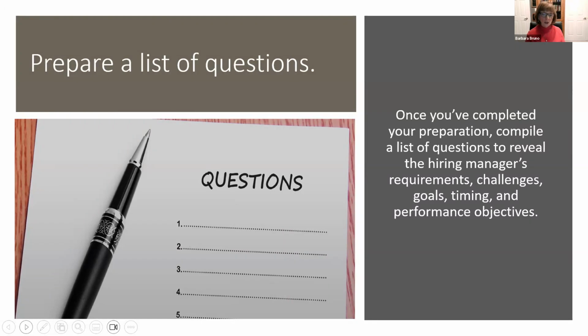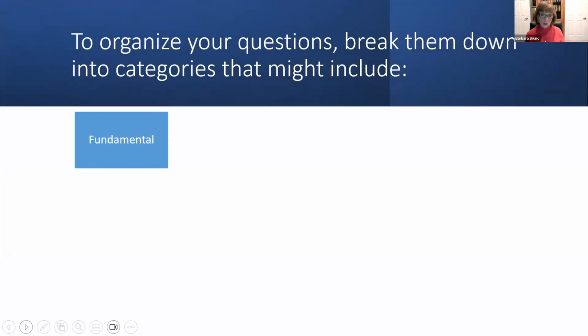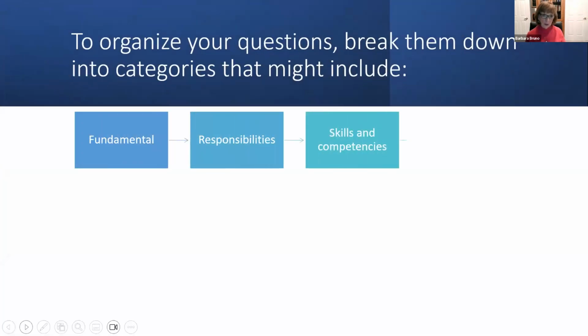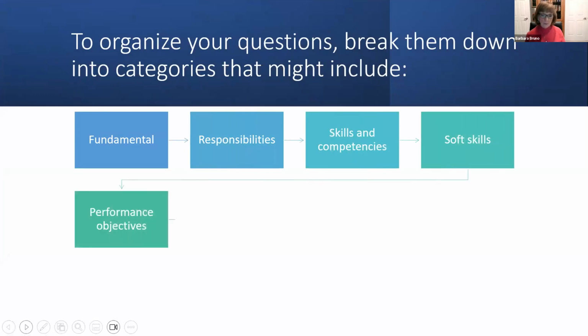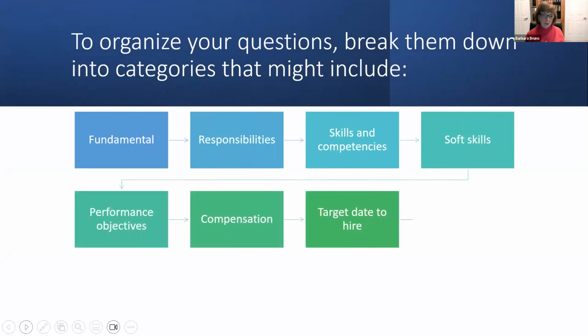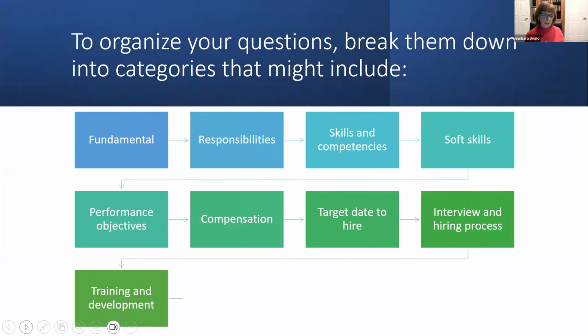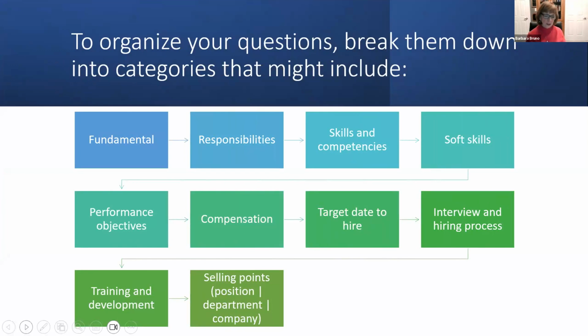To organize your questions, you should break them down into 10 categories. Fundamentals. What are the responsibilities of the job? What are the skills and competencies needed? What about soft skills? There's a lot of people that can do jobs that have transferable soft skills, which is why you want to identify the soft skills needed. Again, you see me mentioning performance objectives, compensation, target date to hire, interviewing and hiring process, training and development,